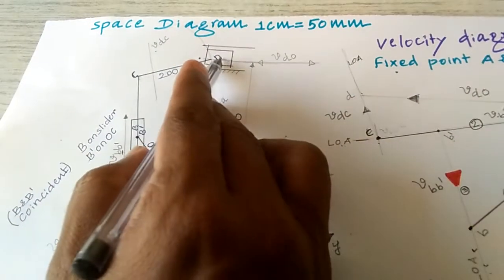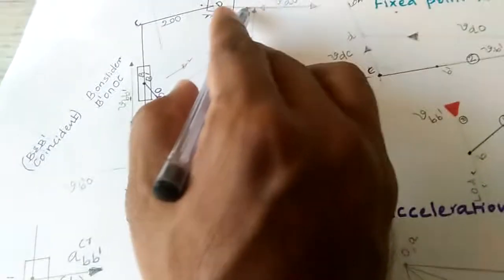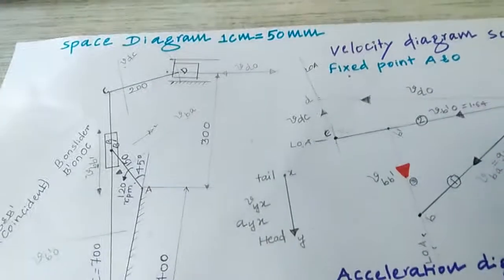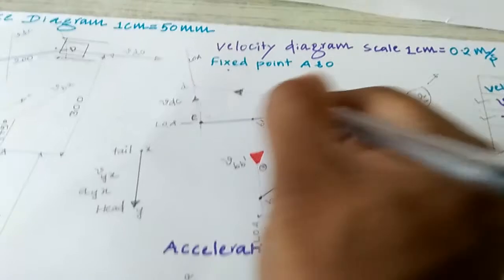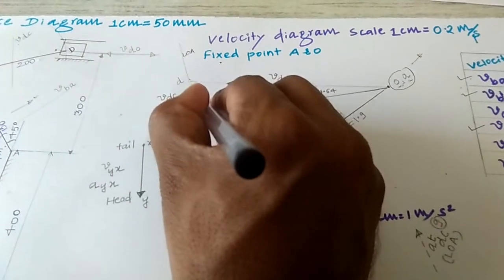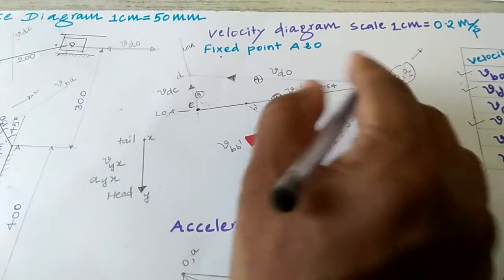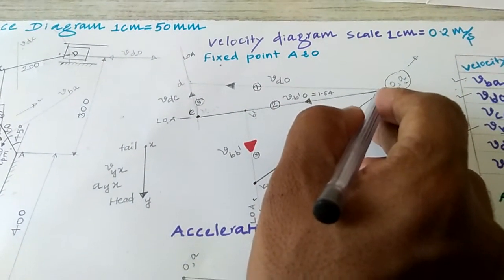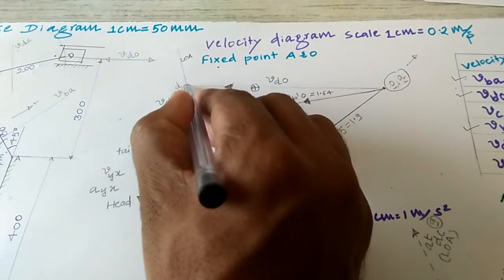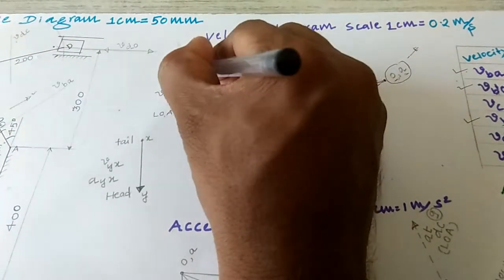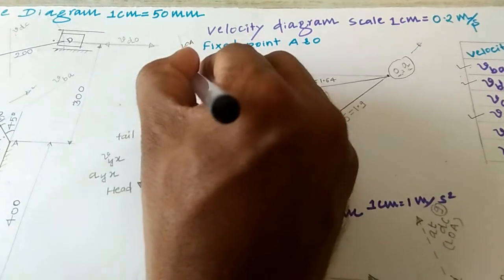Then the velocity of D with respect to fixed point A or O, you have to draw along the direction of the slider. You draw this one, this is the third link, and this is link 4, because this is a slider. You draw this and find the intersection with respect to what point? This is a slider with respect to point O, so this intersection becomes point D. This is also a line of action, and the intersection becomes the D point.